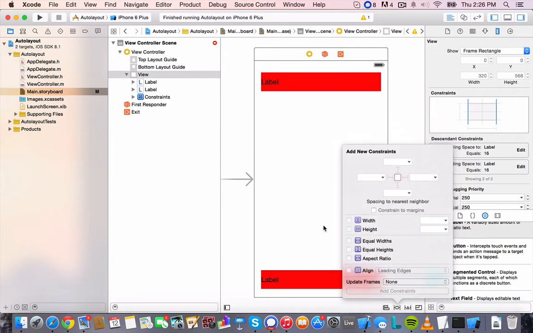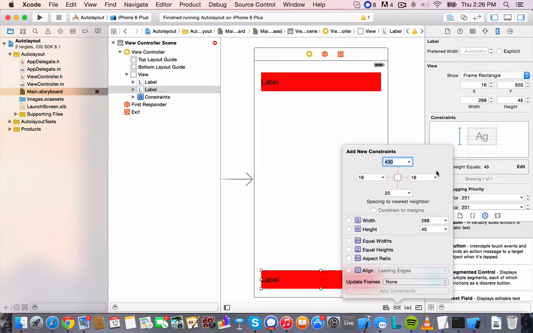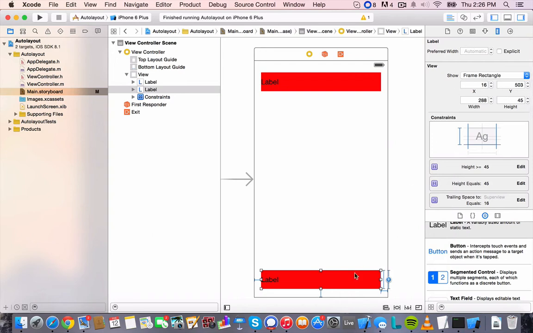So we're going to open up the pin category of constraints, uncheck constraint to margins. So now we're going to choose this bottom constraint indicator. So it'll be 20 pixels from the bottom of the screen at all times. Lock the height, because again we want it to be 45 pixels, and give it a leading space of 16 pixels and a trailing space of 16 pixels. And now you can see we have,